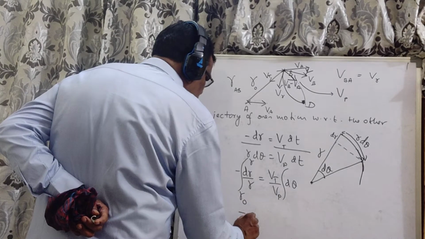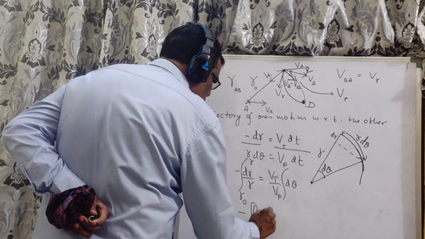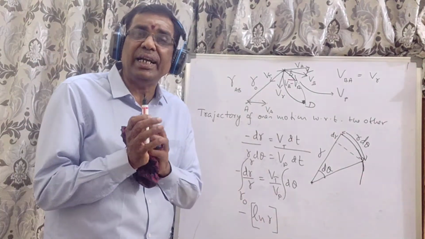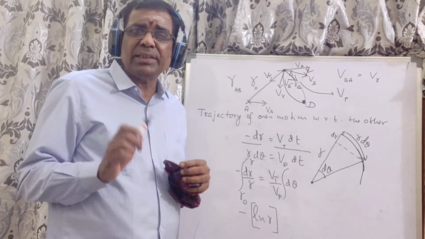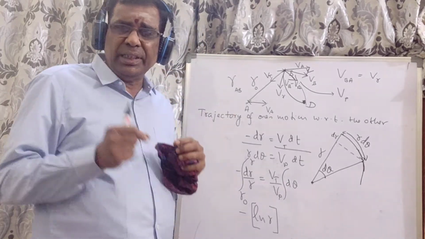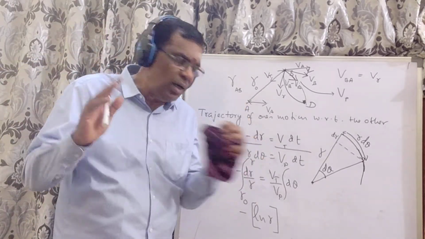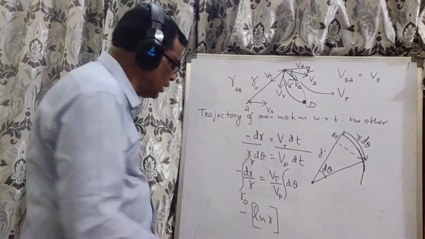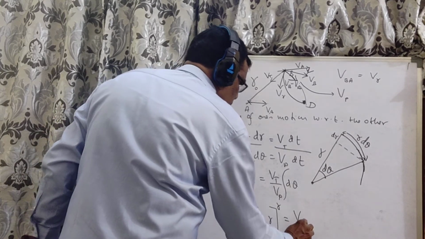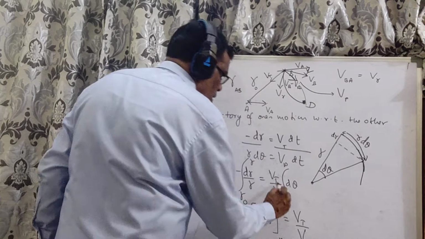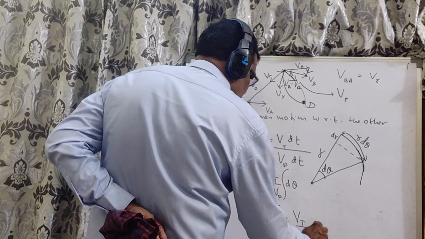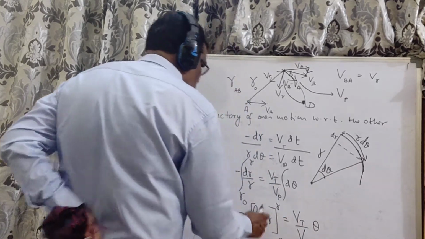R. Therefore, ln R. You know, every time you take integral dx by x, you should write ln x, not log x. Log x is with respect to base 10; with respect to the exponential e, it is called natural log. So, every time you do an integration, you get only this. And if these two are constant, then integral d theta becomes theta, right? So, you can now